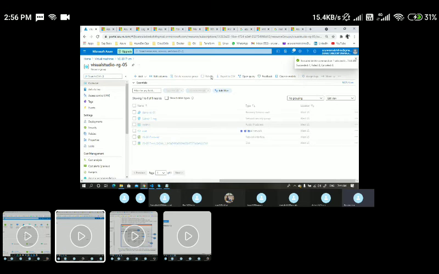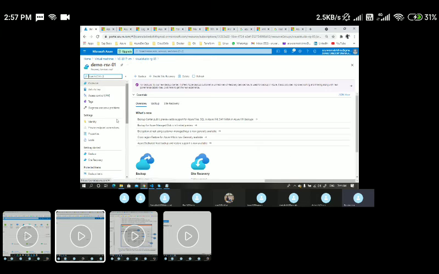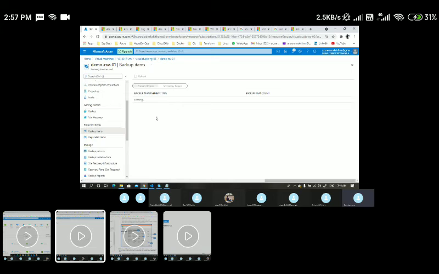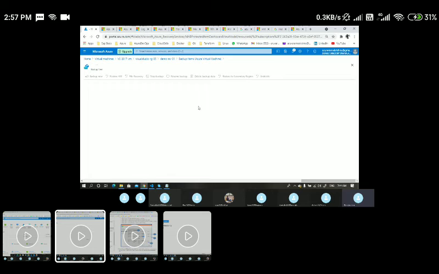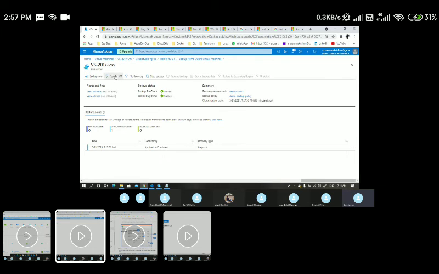For now, let's say I have deleted this. Let's say somebody deleted my VM and I wanted to restore it. If I wanted to restore, I can go to this particular backup items. Within this backup items, I can go here, and here I have a backup item. Let's say I will simply say restore,